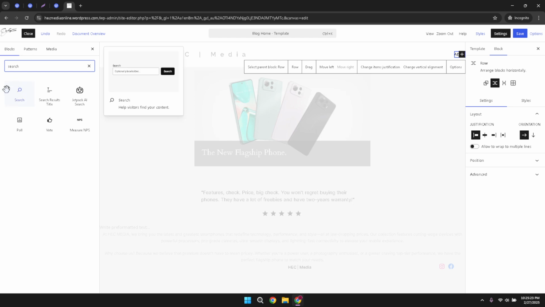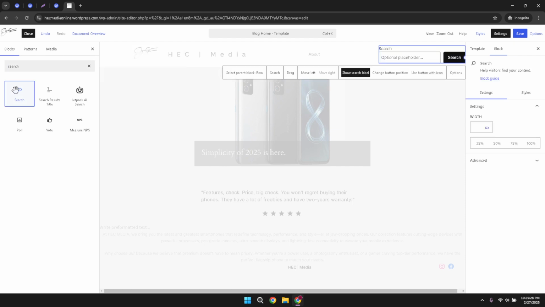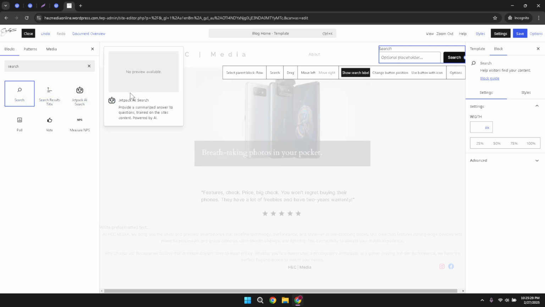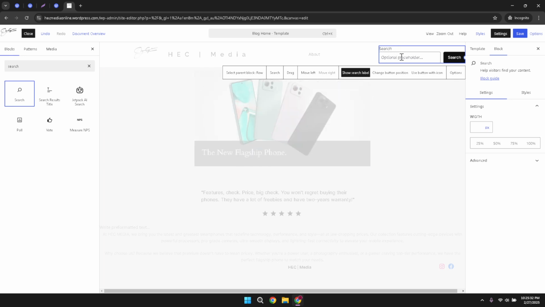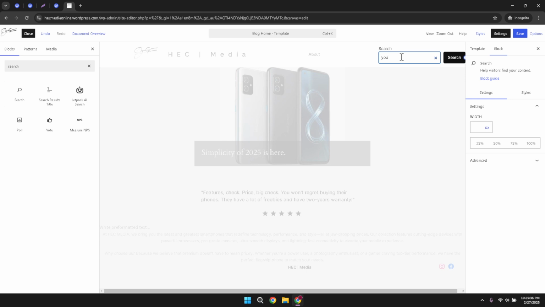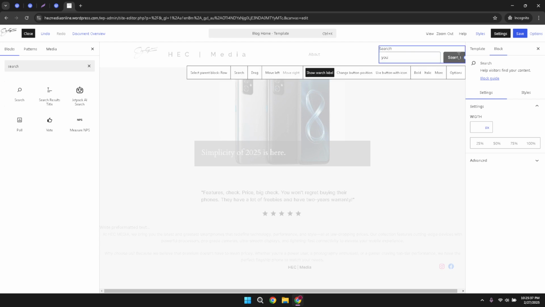The beauty of WordPress is its flexibility and ease of use, and by now you've successfully added a search function to your site. This allows your visitors to navigate with ease, searching for topics, posts, or pages with just a few keystrokes. So, there you have it. In just a few minutes, you've enhanced the functionality of your site and made it a lot more user-friendly. Remember, the key to a successful website is providing an excellent user experience, and by adding a search bar, you're already on the right track.